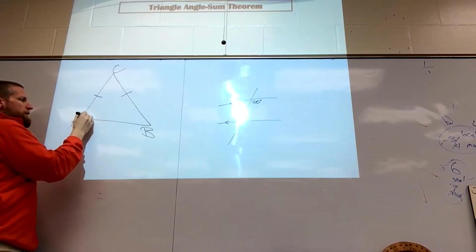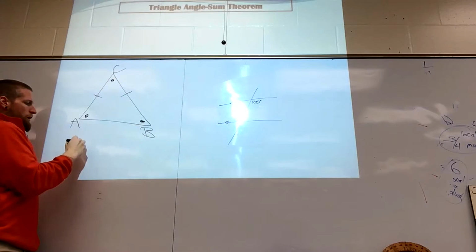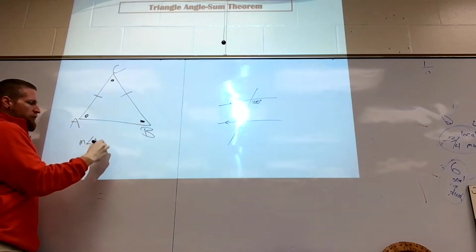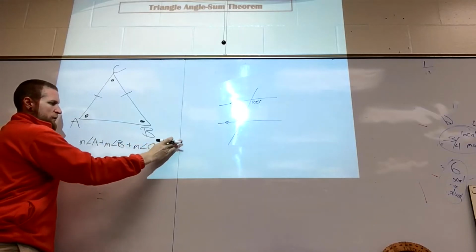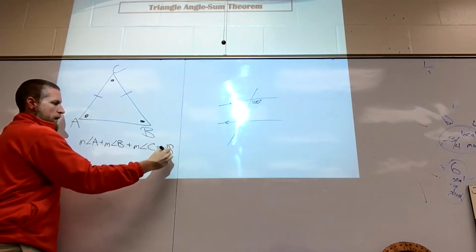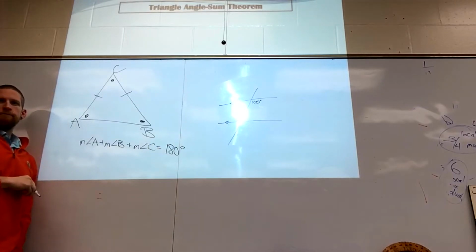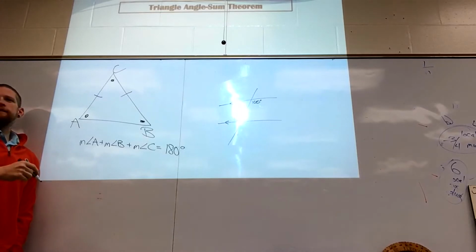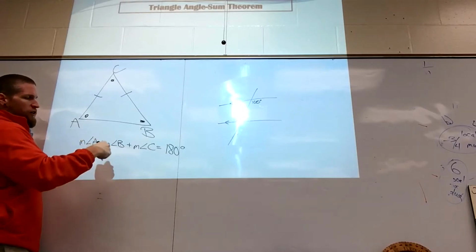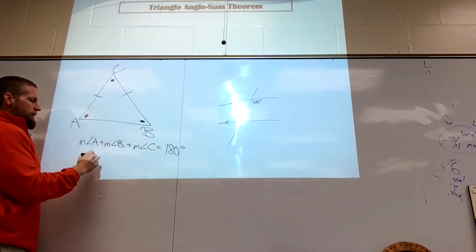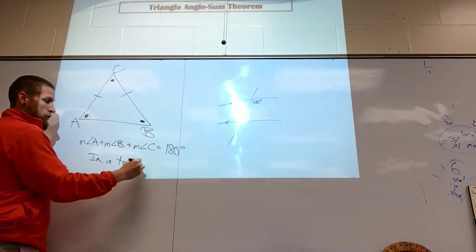Interior angles meaning this one, that one, and that one. If I took all those angles and added them together, do you know how many degrees they make? 180. Okay, 180. So this is technically a theorem. This would be your interior angle theorem for triangles. If you wanted to write it out in actual words, in a triangle,